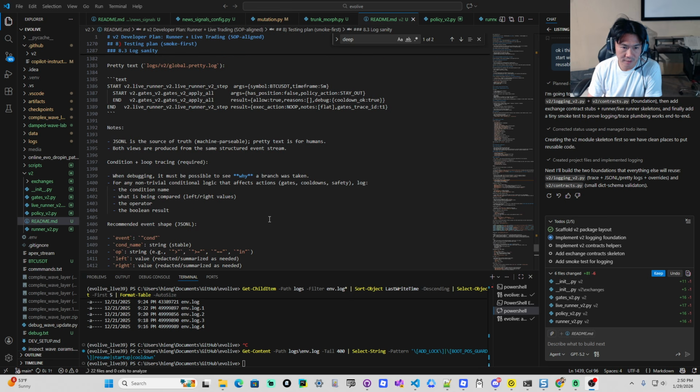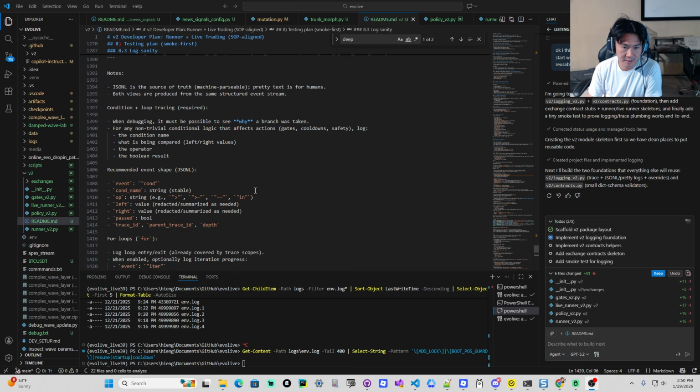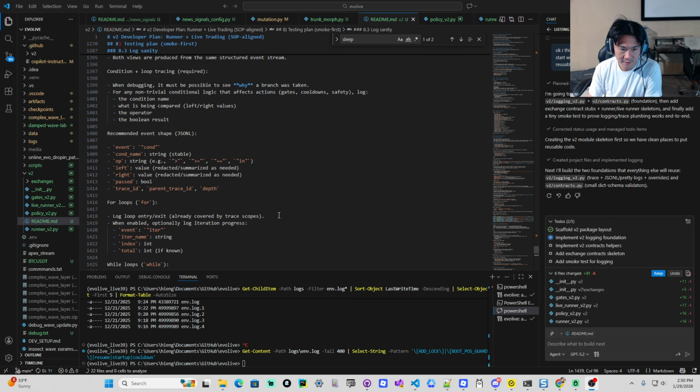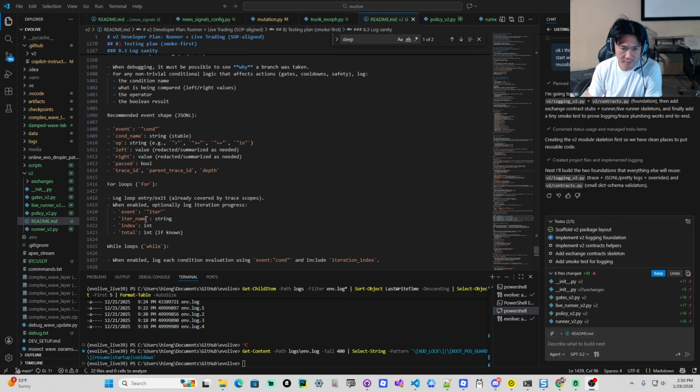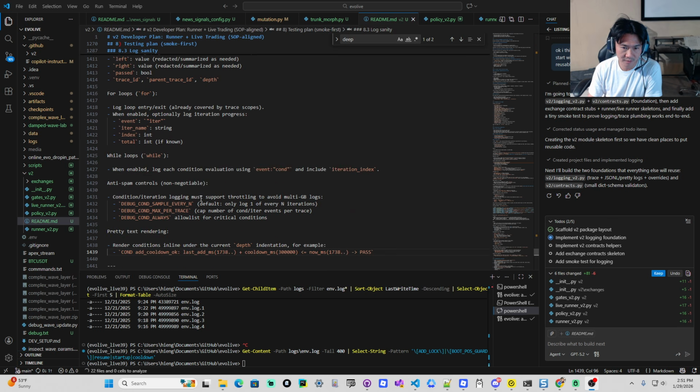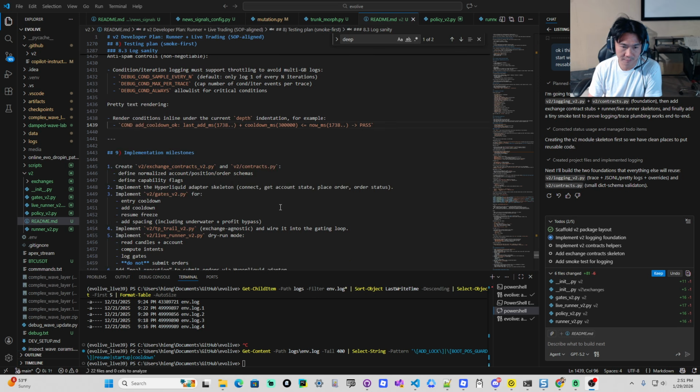Make sure that we can compare the if statements so that if there's an if statement, it will show the condition name, the operation, whether it's greater than, less than, equal to, and then we show the left value, right value, and then a bool, whether it passed or not. For loops, we need to know whether it's looping, how it's looping, the index and whatnot. For whiles, to see the condition, and also it'll sample just the first one so that it doesn't spam every time it loops around. So we just need to get the first one, make sure it looks good and it looks right, and it's comparing right,